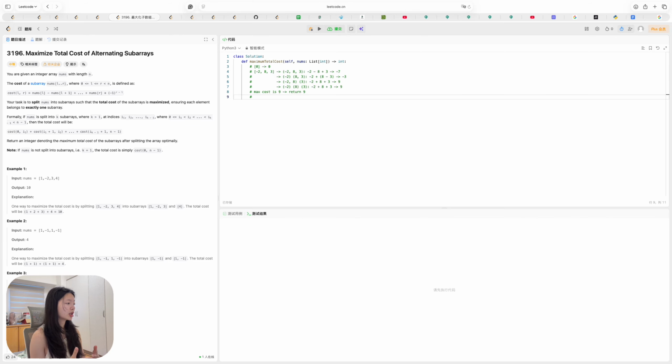First we have to calculate the cost of every group with this formula, and then we will sum up all the combinations of the groups, and see which combination has the maximum cost. Yeah, so if written in code, I think